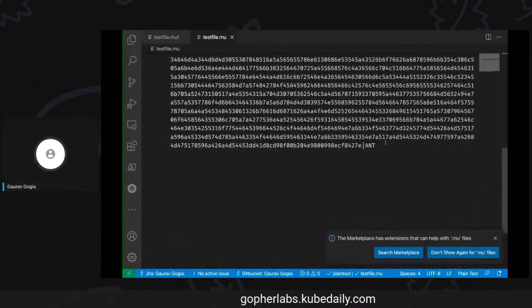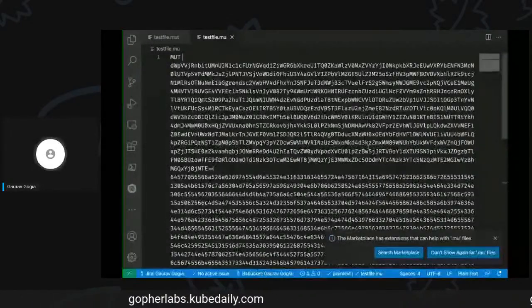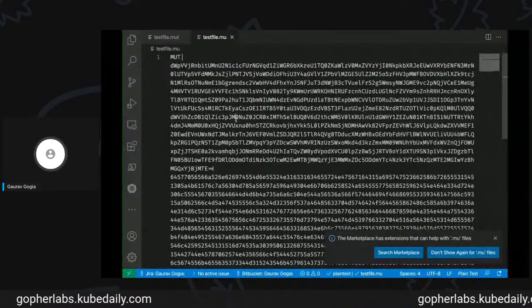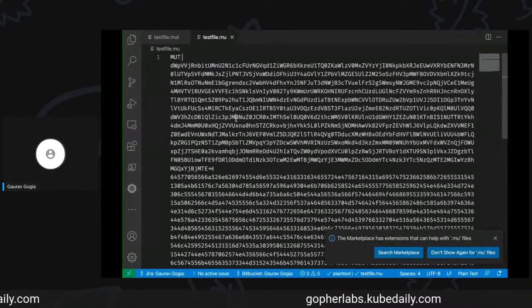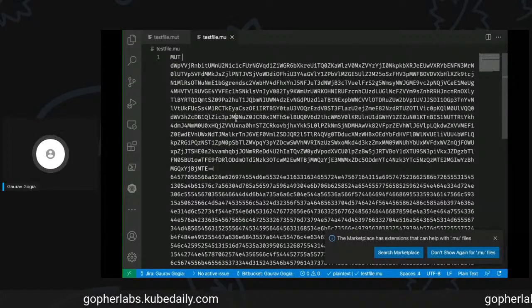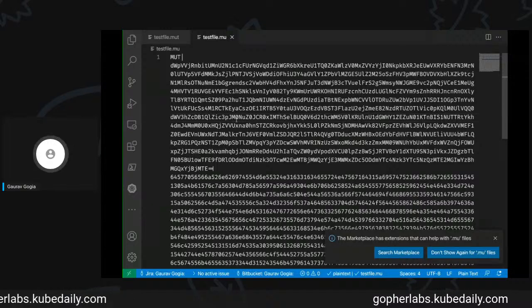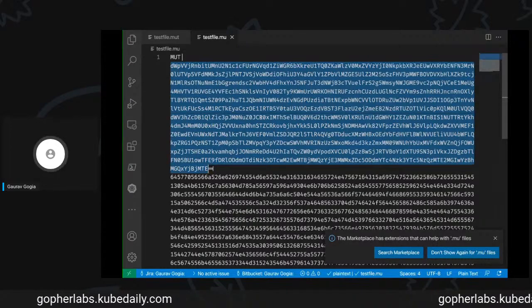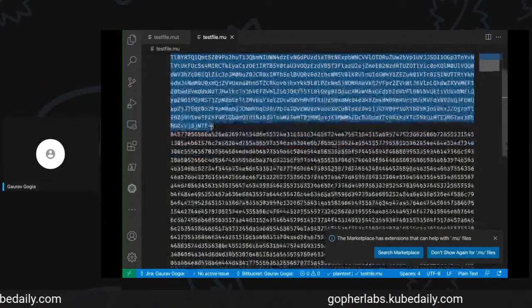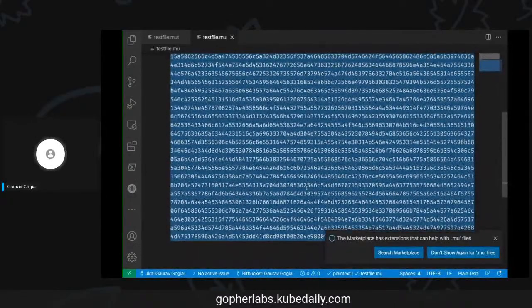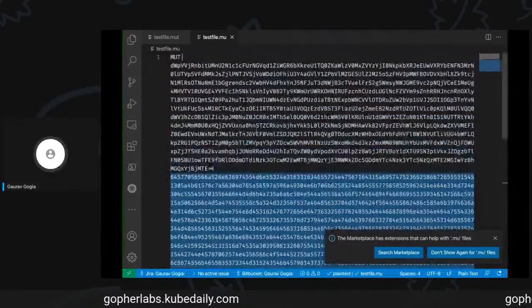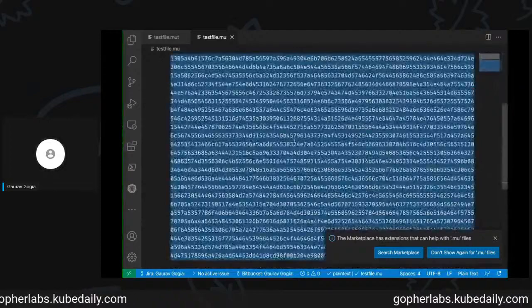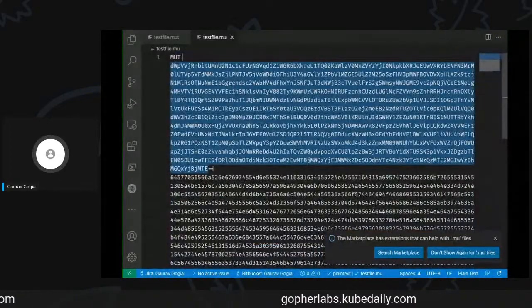MUT and ANT are the header and the footer of this file. This is how Mutant identifies whether a certain file is a compiled file or not. This is the file signature, so it's easy to identify that a certain file has been compiled using the Mutant compiler. Other than that, this is your entire bytecode. This is the source code that has been converted into bytecode, and it has been encrypted now. And this is the SHA-256 sum of this entire bytecode. So if you make any changes, it will not match, and it's not going to work, right? But first, let's see if it's working or not.